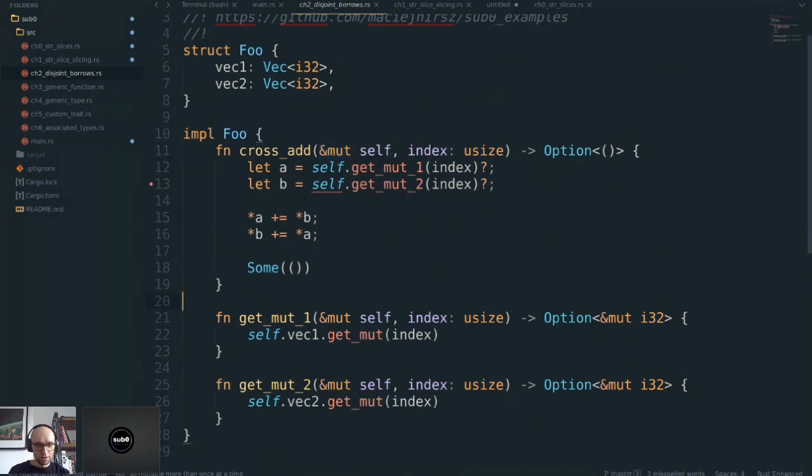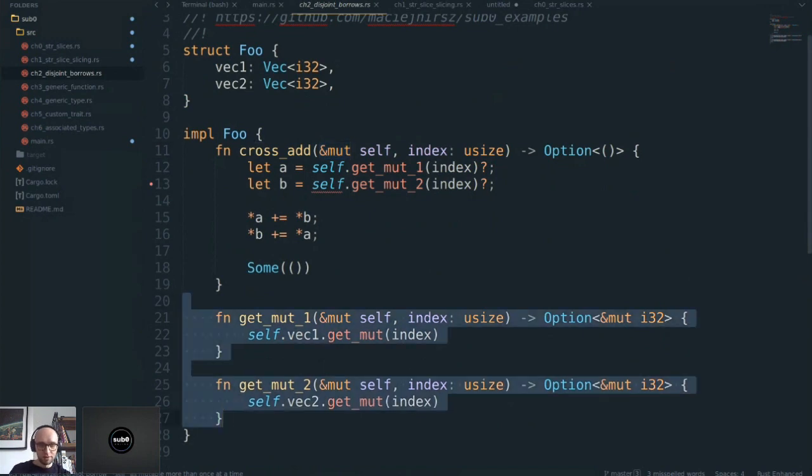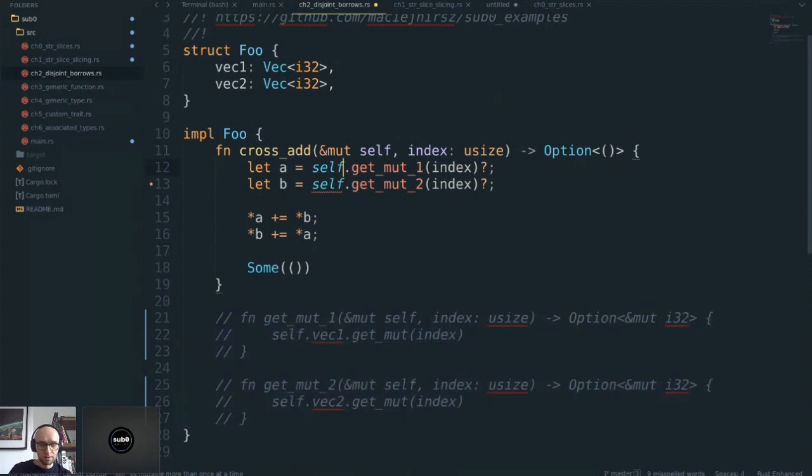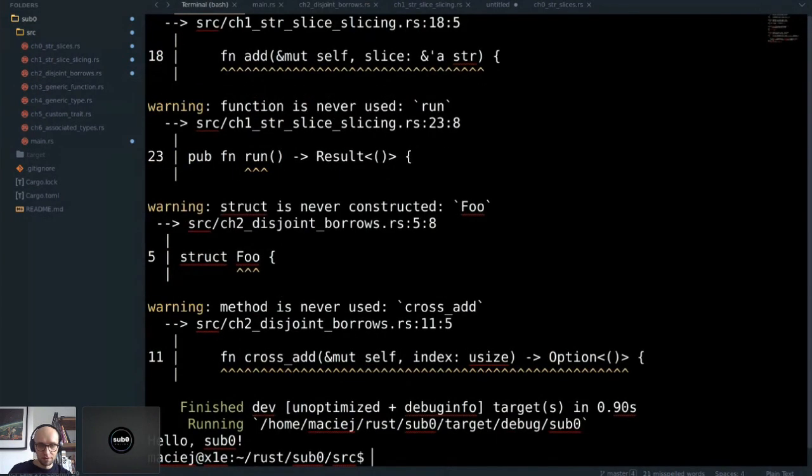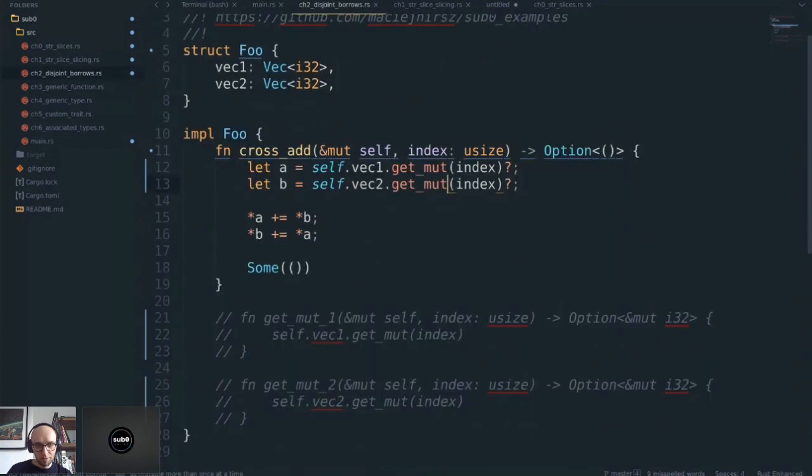The simplest thing you can do is to completely get rid of this, and I'm just going to do get mut on vec1 and vec2. And now this is going to compile. It's not going to do anything because I'm not producing anything, but it compiles.